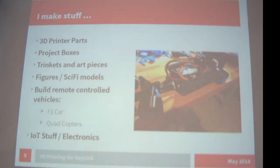I already mentioned the IoT stuff, so I have tons of Arduinos, PICs, and all kinds of other types of microcontrollers that I could use to make anything from cheap sensors to other kinds of boards to control from. Some of them do RC or IR communication. Anyway, in order to put those in a box,